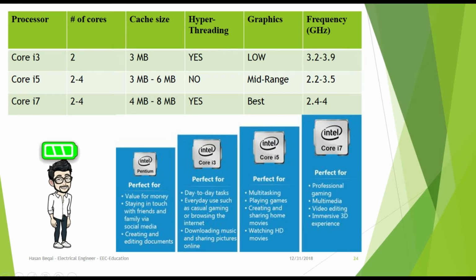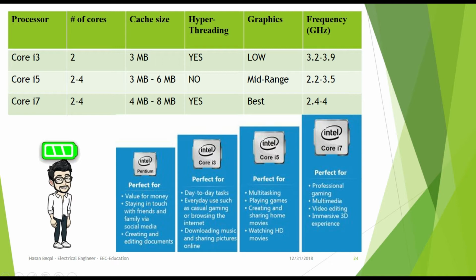Another term known these days for computers is core i something, such as Core i7 or Core i5. The term core i describes 5 characteristics of a computer, which are the number of cores, the cache size, which means the size of temporary memory used while the CPU is executing an instruction, the hyper-threading, which means the ability of the computer to do multiple tasks at the same time, graphics, and frequency, which is the speed of the computer,